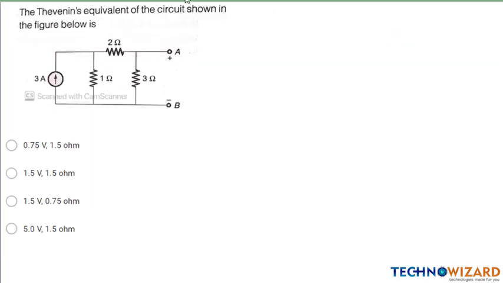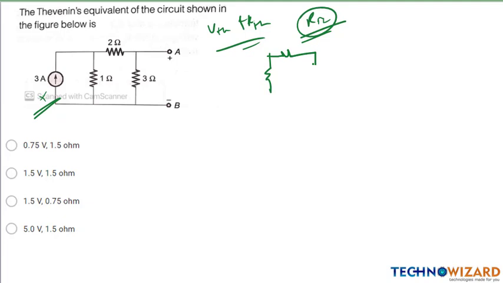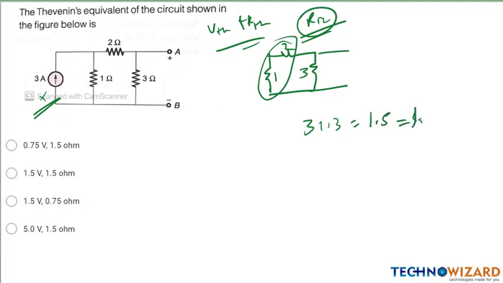Next question. This is a Thevenin theorem based question. We have to find VTH and RTH. First of all, I am finding RTH. For RTH, we will turn off all the independent sources. Therefore this will be open circuit. Now the circuit will be 1 ohm, 2 ohm, 3 ohm. 1 and 2 ohm are in series, and this will be 3 parallel 3. 3 parallel 3 is 1.5 ohm. Therefore RTH will be 1.5 ohm. Okay, now we have to find the VTH.